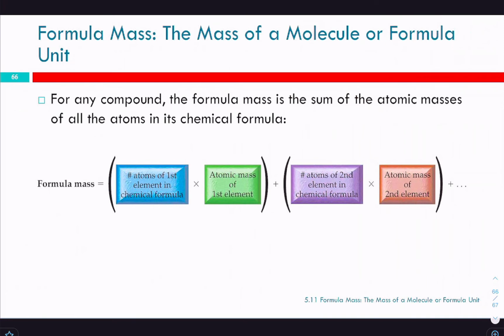For compounds, though, it's a combination of all of the elements that are in the compound. So we have to add up for any compound all of the masses together, and that gives us the formula mass, or the mass of the whole compound. So it's really just the sum of the atomic masses for all of the atoms in the chemical formula. And so you take each of the,